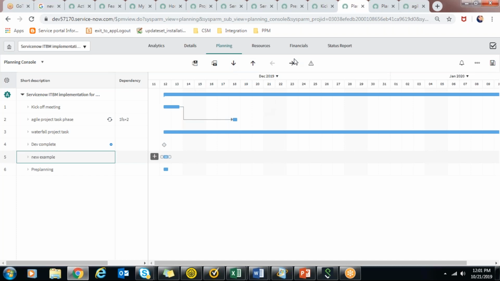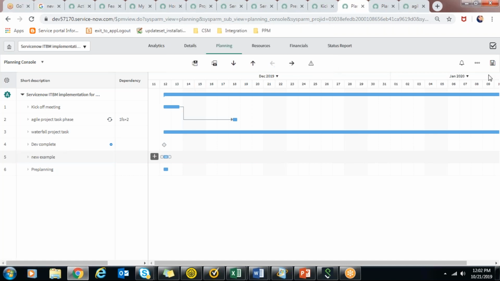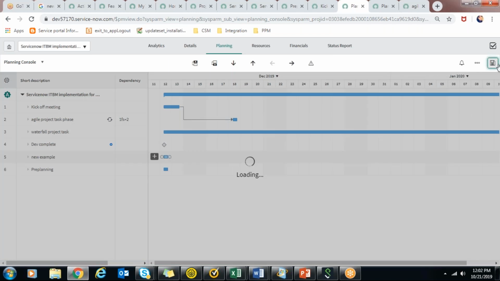And then, okay, how to create a milestone. So this task I created, now I want to go back to the details. From planning, if you click on details, it will show you the project. I'll just save these changes.